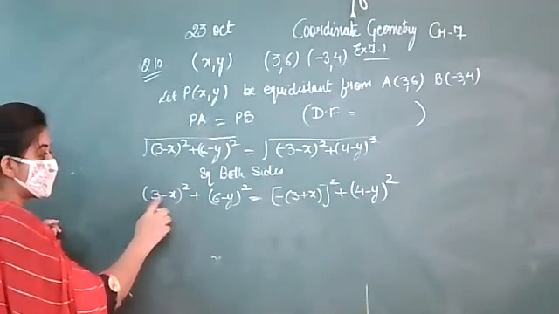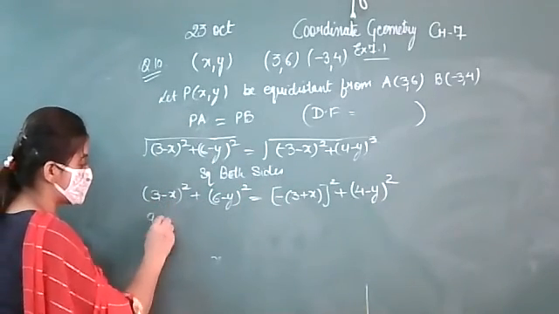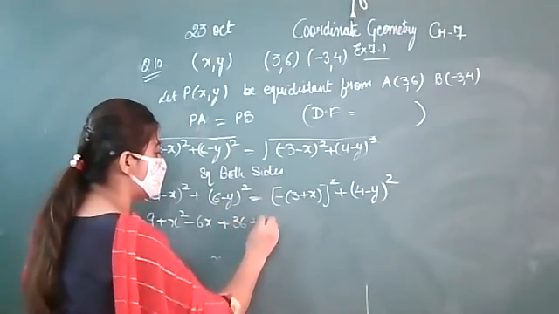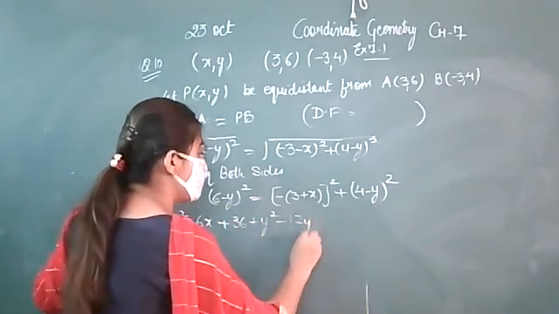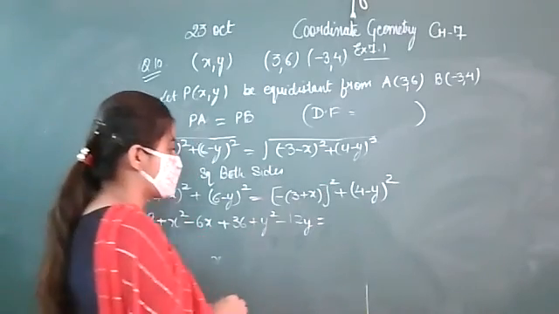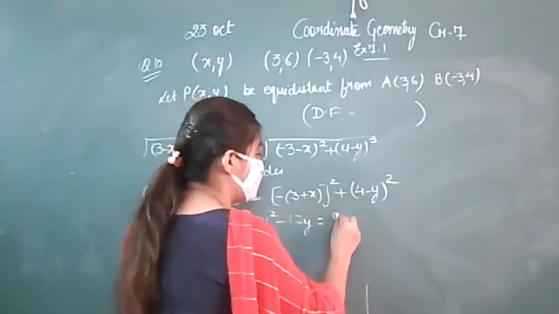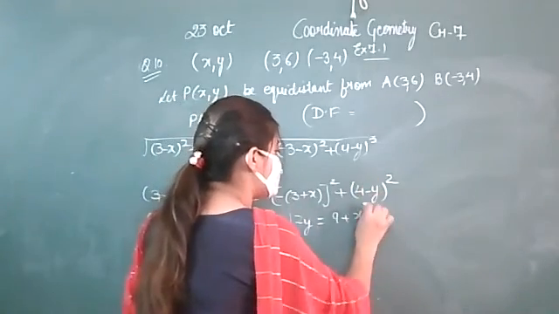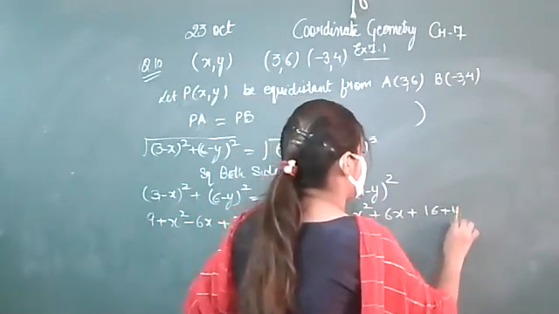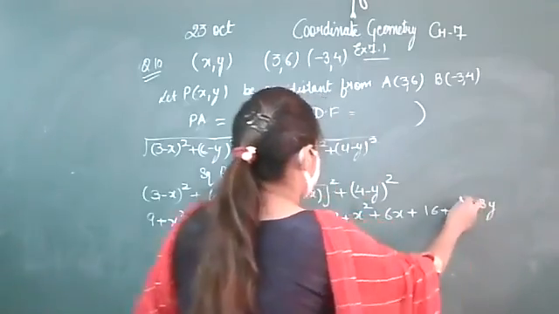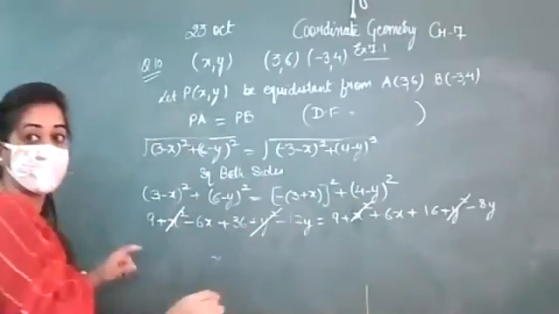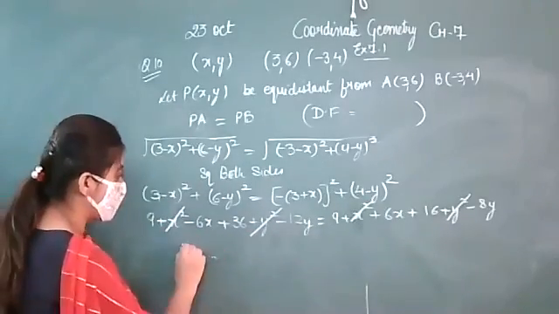Now, here you can see that I am having a minus b. So this is your a square plus b square minus 2ab. This is your a square plus b square minus 2ab. And on this side, when you make the square of the negative term, you will get positive. And this is a plus b, a square plus b square plus 2ab. Now, x square will cancel out, y square will cancel out. Collect the like terms. This is minus 6x